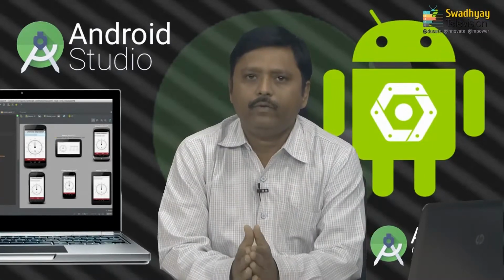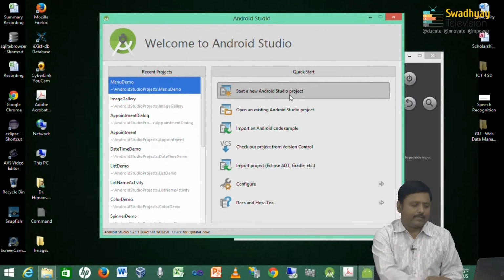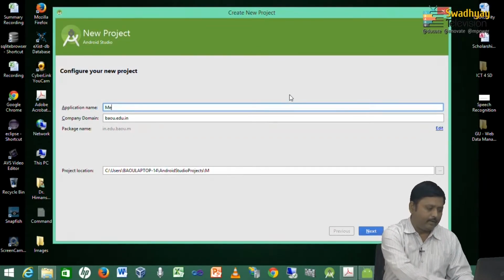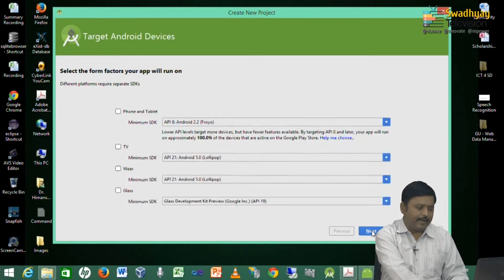Here on the screen you can see the welcome screen of Android Studio. We always select start a new Android Studio project, then we create it. Menu color demo is the name of our application, and then we press next.